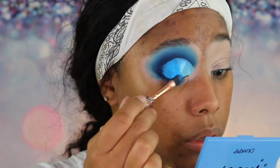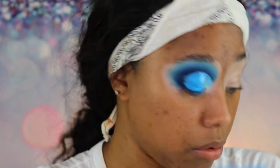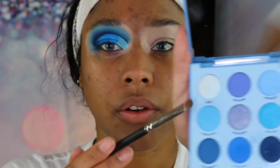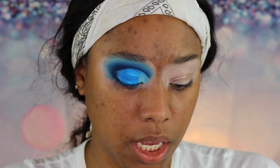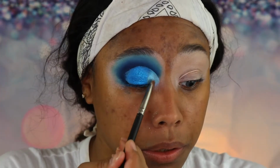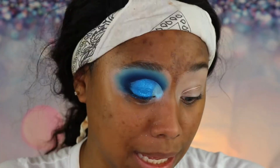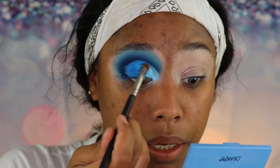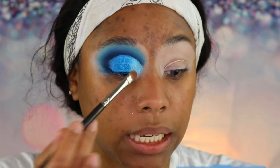Ooh, that's pretty. Yup, that's cute. All right, so we got that down. Okay, now I'm gonna go into this Lumi shade, and just overlap it and blend it into this blue right here. That's stunning. I'm telling you,